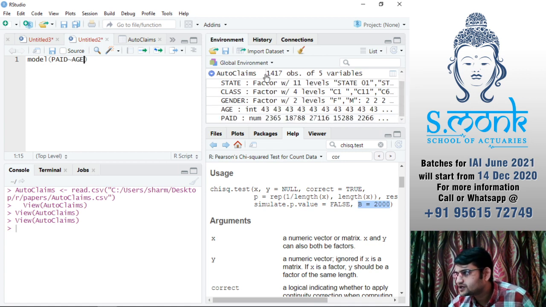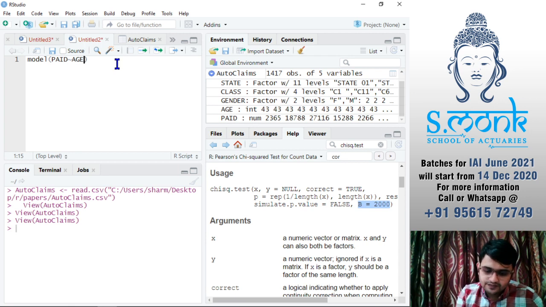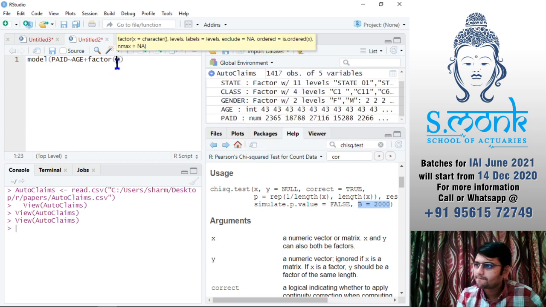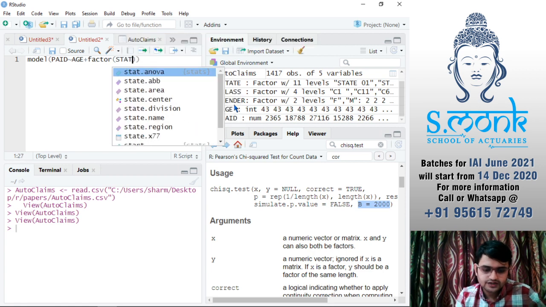You can see here they are factors, but if they were numerical values and you wanted to take them as factors, you would say plus and write factor and then your variable. So here, state.